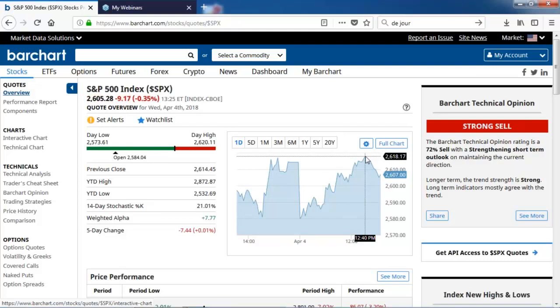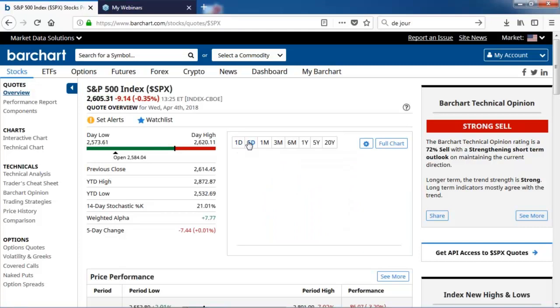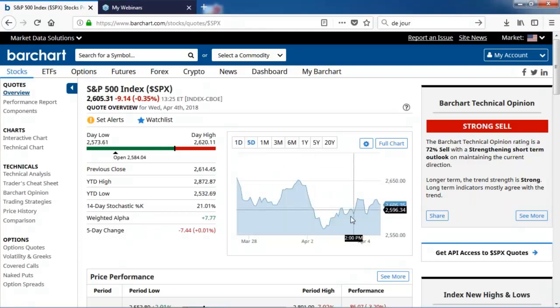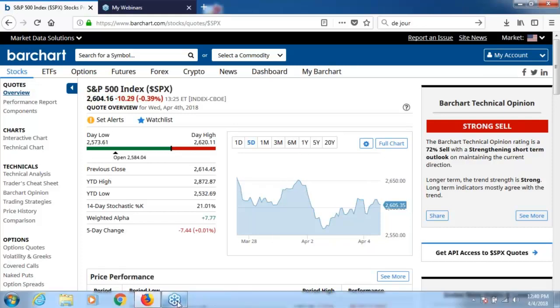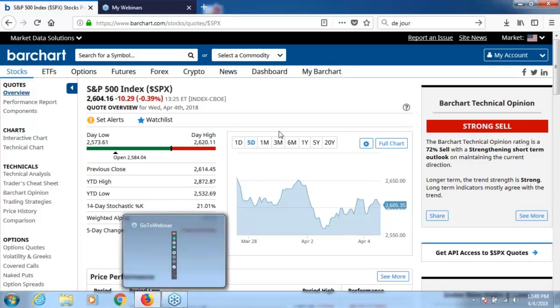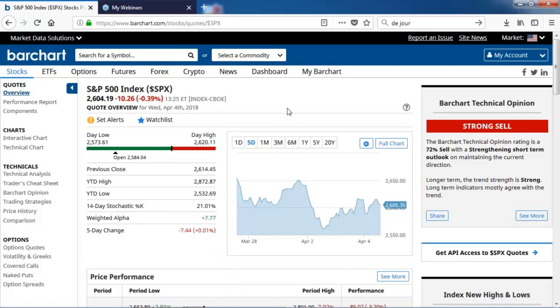But what was interesting today, just to give you a quick 5-day outlook, is that we're seeing a series of higher lows over the past couple days. Monday had the lowest low so far this week. Today, even though we were sharply lower at the open, was above Monday's low, and we're seeing the VIX make a series of lower highs. So we're not seeing increased volatility, and these could be interpreted as some positive signs in the market. We'll have to wait and see, but it's been a bumpy ride over the last few sessions.